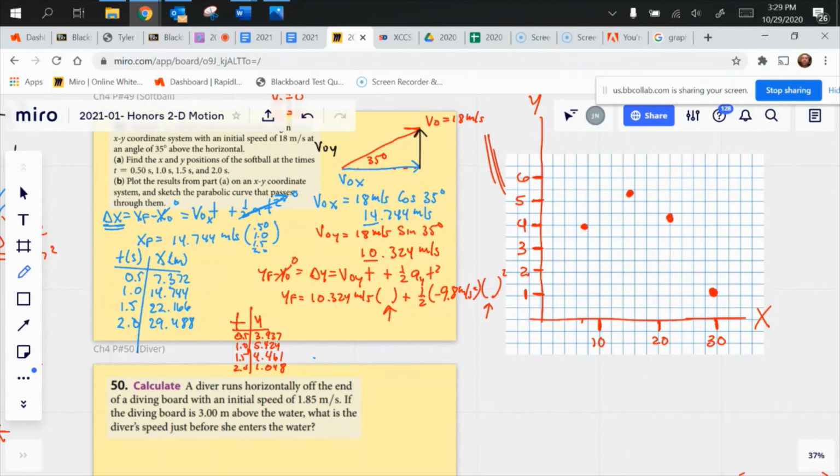And so now I want to sketch a nice smooth parabola through this. Let me try that one more time. Pretty good. Like this. One thing that I do notice whenever I see this is that the y-intercept is not 0, which does make sense. They called the place where the ball was thrown the origin, and that is going to be a little bit higher than the ground. It makes some sense that when you throw a softball, you don't throw it off the ground, you throw it into the air a little. That's about the right height for a person to